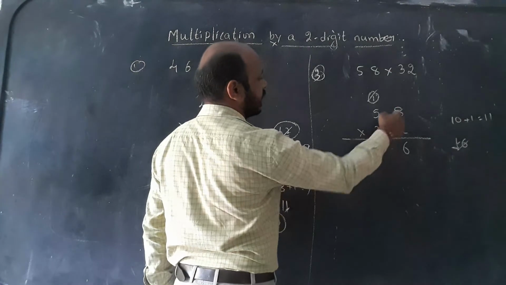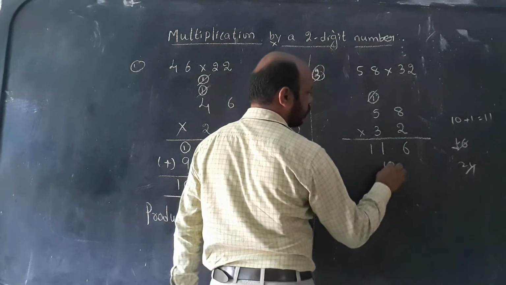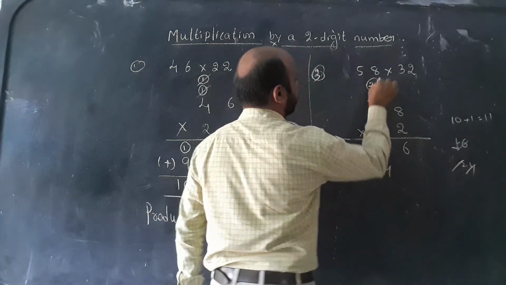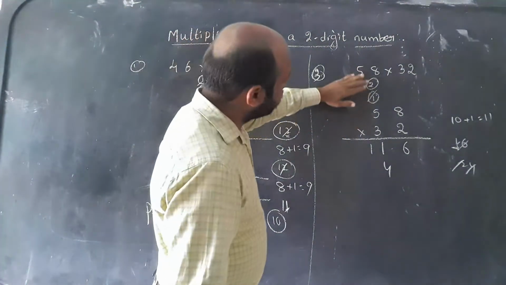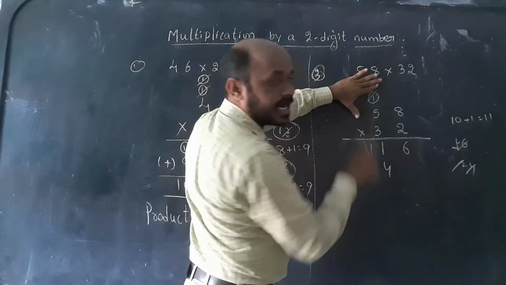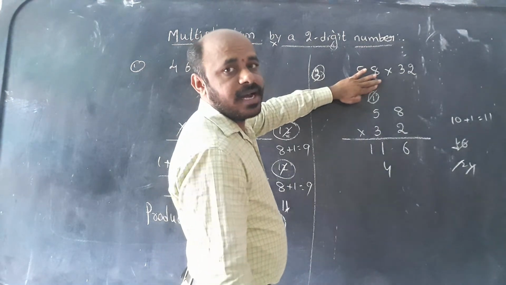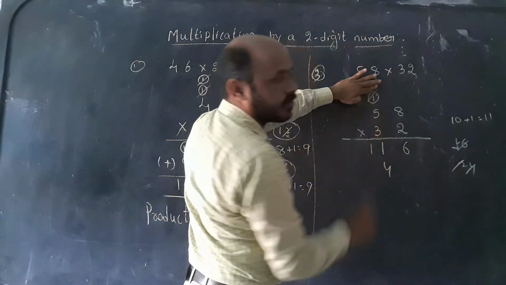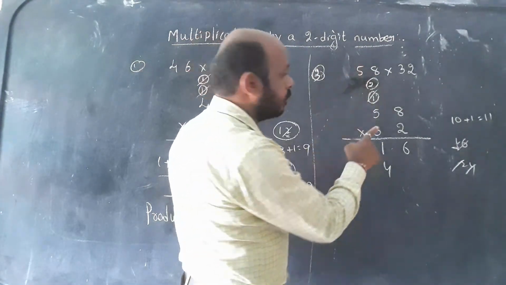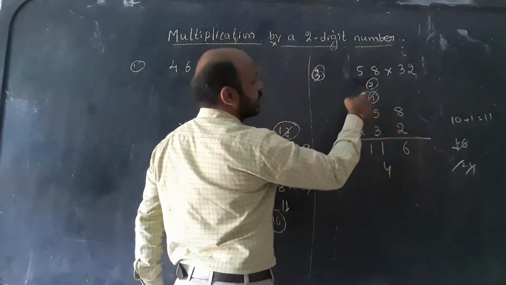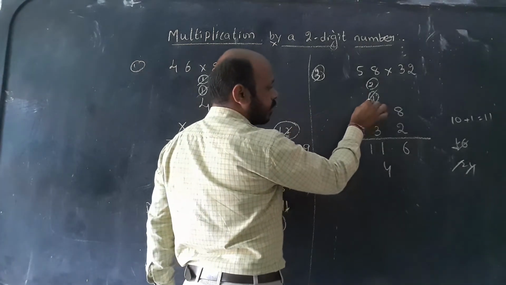Then 3 8s are 24. These 4 we have to write down. Then 2 is carried forward to the before number. See children, let me explain about these two carries. Some students will get confused. If we are cutting the carry, it means that is completed. If you are not cutting it directly, some won't write the carry because the old carry is there. That's why we have to remove this. Then the second carry will come. This one is 1, this is 2. No problem, but if we cut, it is better.